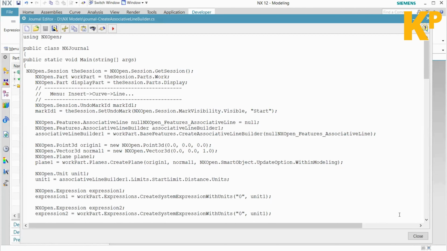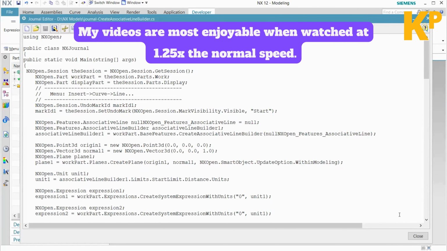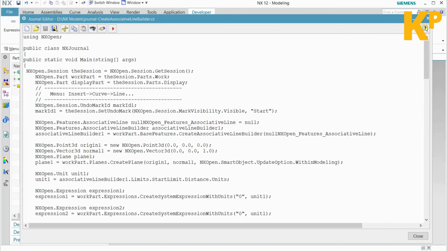So far, till the last video, we have managed to create the associative arc from the code block we copied from generated code via journal recording. This script works very well. Now we are going to test it thoroughly and debug it, and at